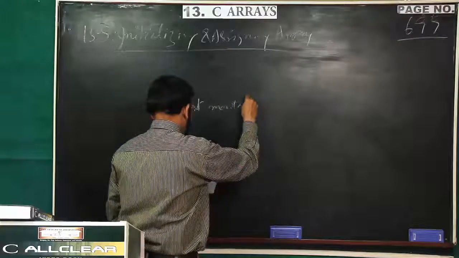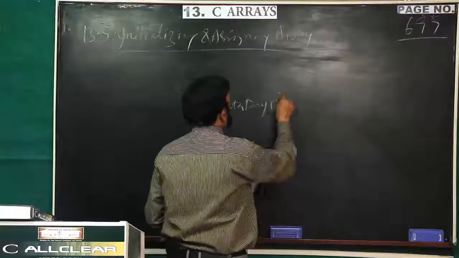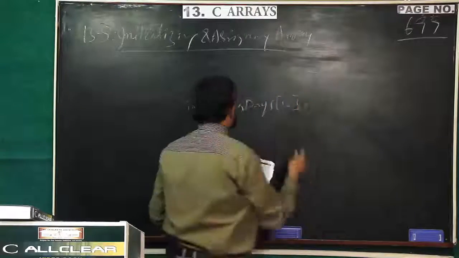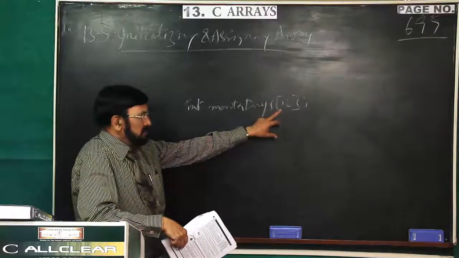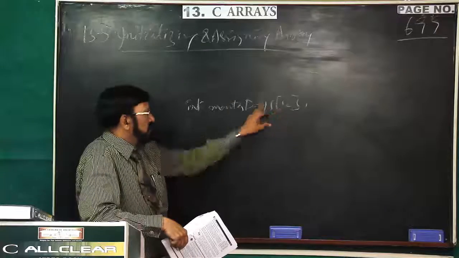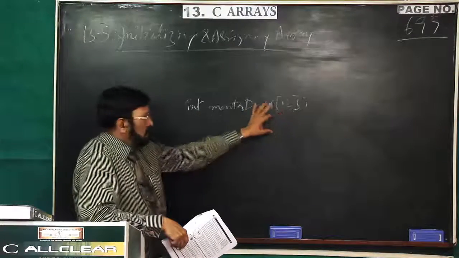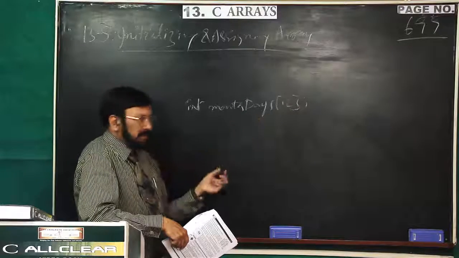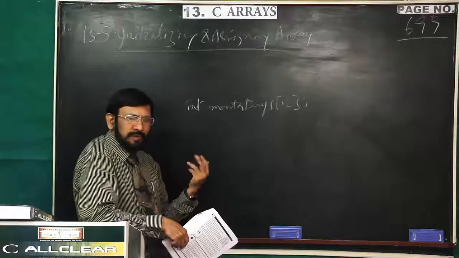Month days, 12. Actually, there are 12 months. Each month has a unique maximum number of days. So, int month days 12. Now we are building an array with the maximum days of all the calendar months like January, February, March, April,